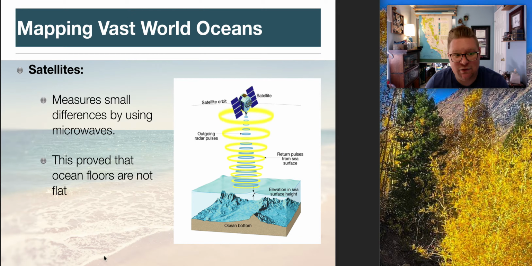Looking at satellite imagery, it measures small differences using microwaves. This shows that not all ocean floors are flat. So looking at satellite imagery, not just photography, but looking at the different waves that are sent back and forth, looking at color imagery and looking at depths that way. There are lots of different attributes that we can look at, but